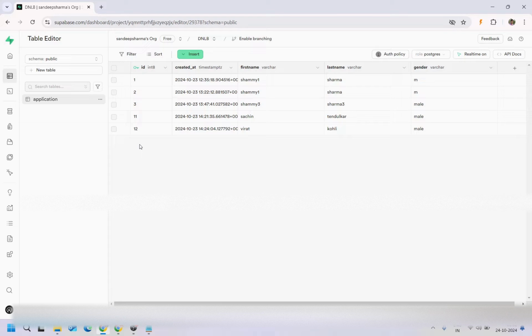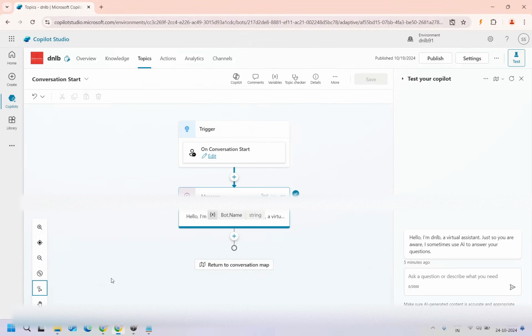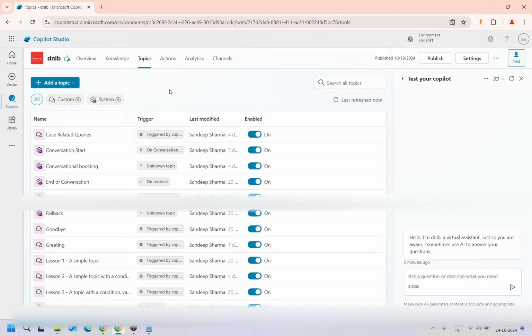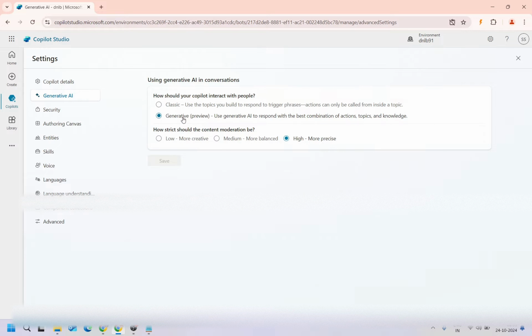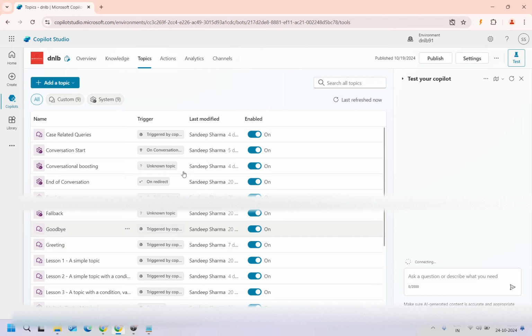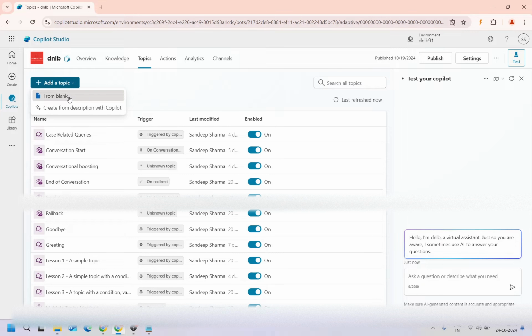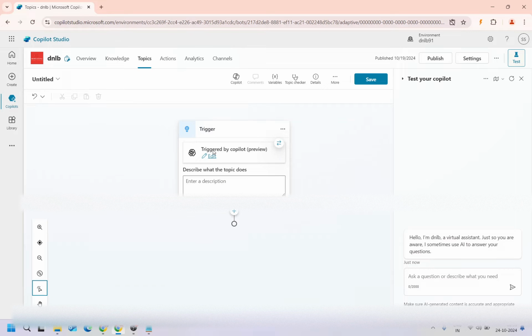To do that, we will design the Copilot here. What I'm going to do is create a new topic. But before that, let me tell you the setting I have. Currently in the setting, I have enabled the generative mode here. So any topic will be called automatically when I ask any questions related to the description of the topic which I have. So I'm going to configure the new topic here from blank, and you can see it is triggered by Copilot automatically. And I will describe it that this topic